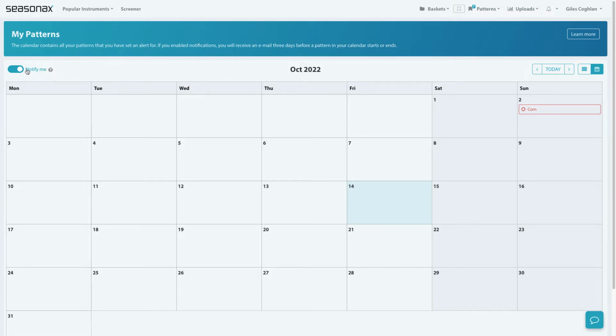But in order to make sure you receive the email notification, you need to make sure that this slider is moved across so it's colored, and you can see this way the blue color indicates that you will be notified by email. Now that you've clicked on Notify Me, you will receive an email about an upcoming seasonal pattern in